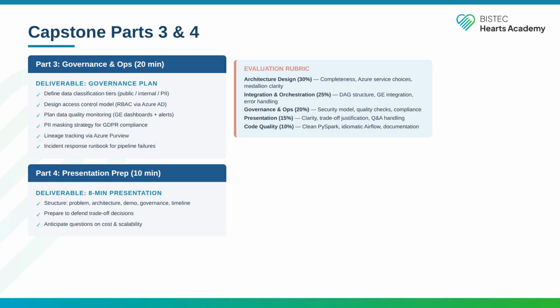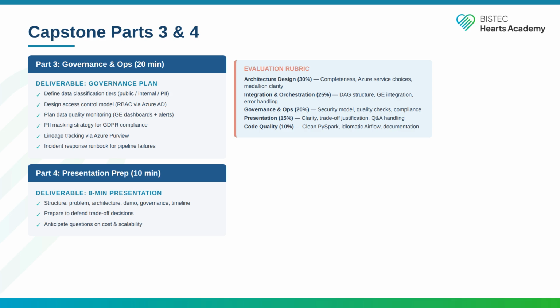Part 3 is governance and operations. In 20 minutes, produce a governance plan that covers 6 areas: data classification tiers for public, internal, and PI data, access control using RBAC via Azure Active Directory, data quality monitoring with Great Expectations dashboards and automated alerts, a PI masking strategy to ensure GDPR compliance, lineage tracking via Azure Purview, and an incident response runbook that documents what happens